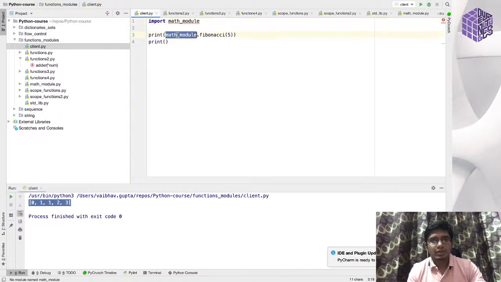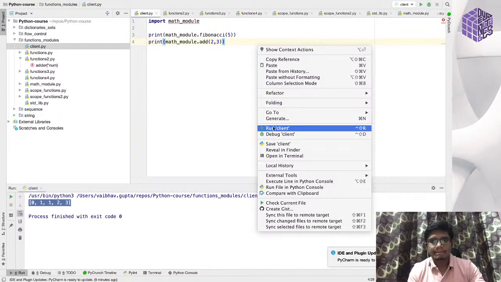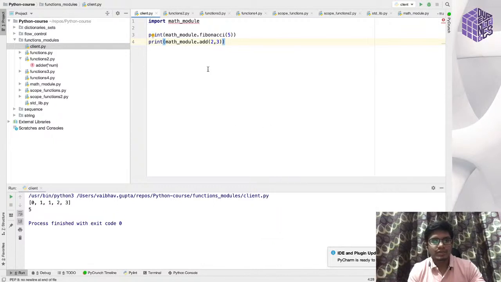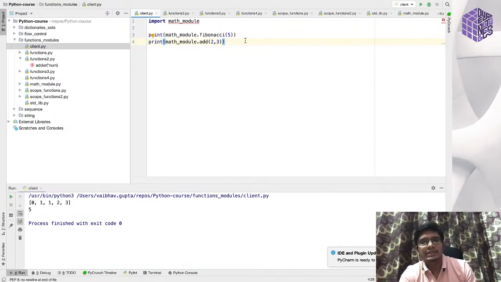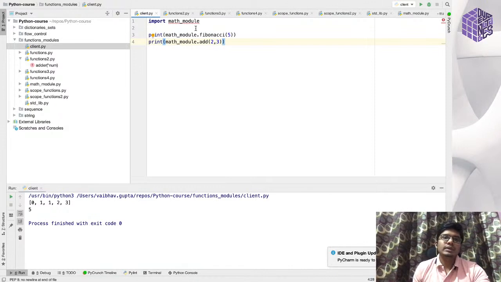Okay, yeah, dot add. I say 2 comma 3. So when do we use a from kind of syntax, and when do we use this syntax? Okay, so when you just want to use, say, one or two functions,